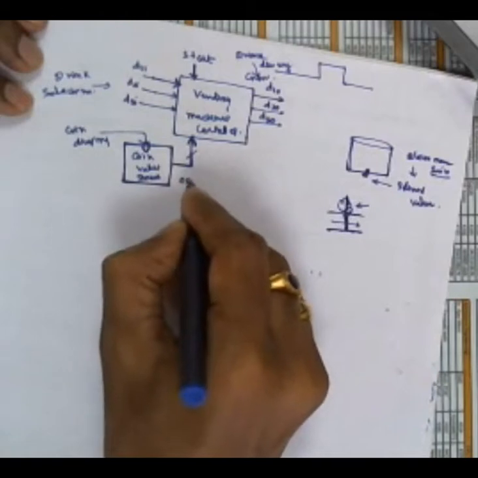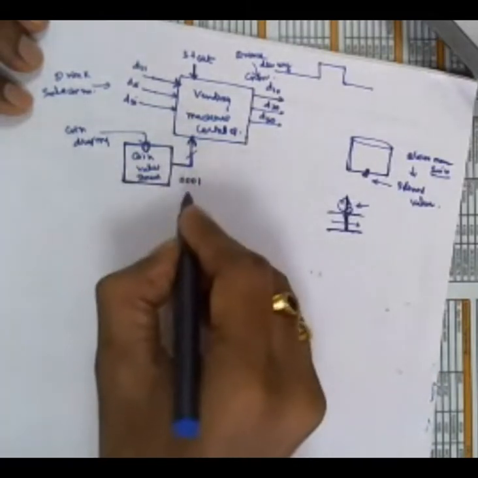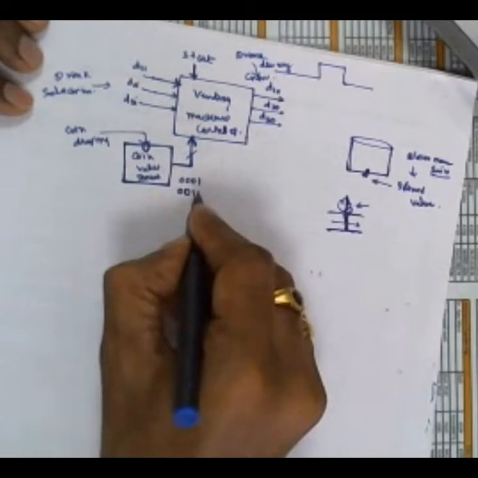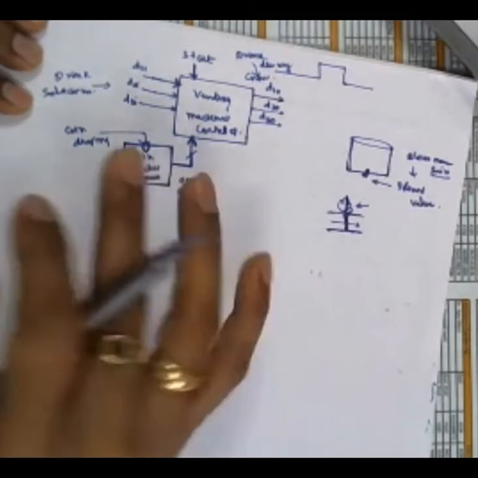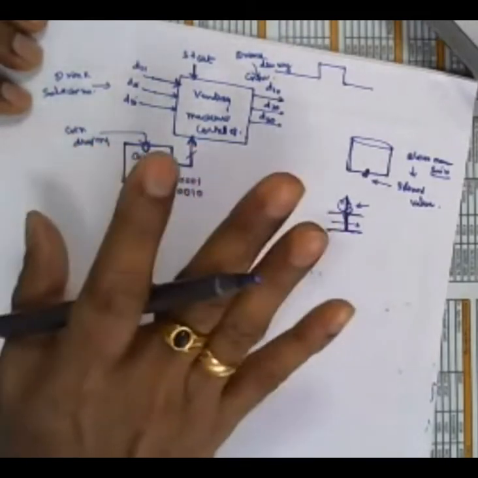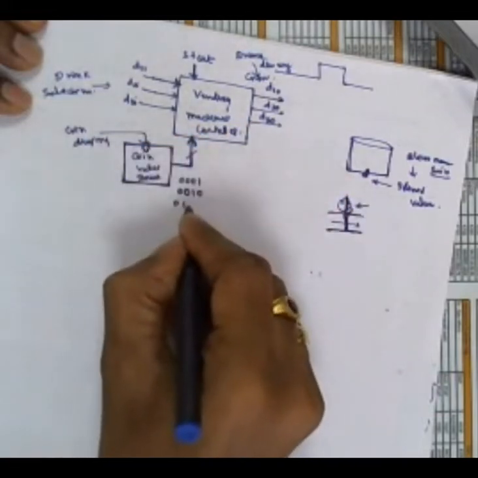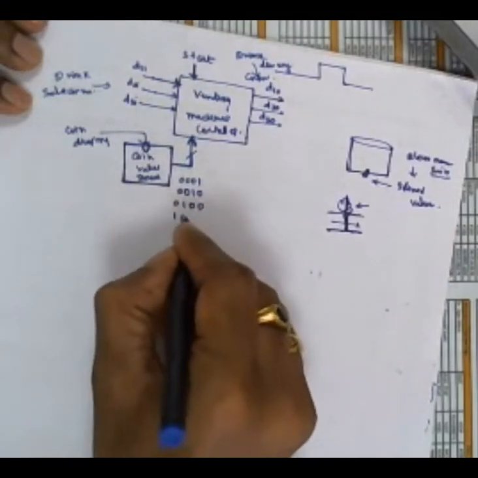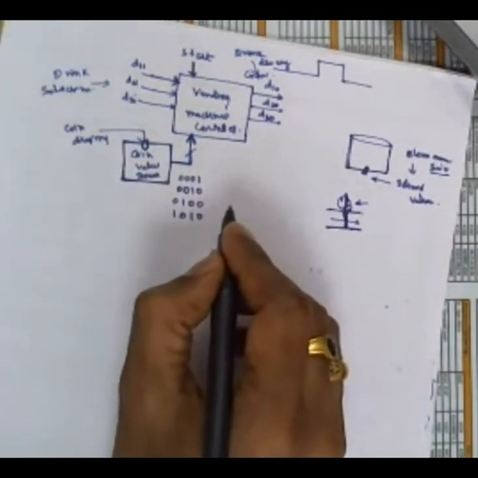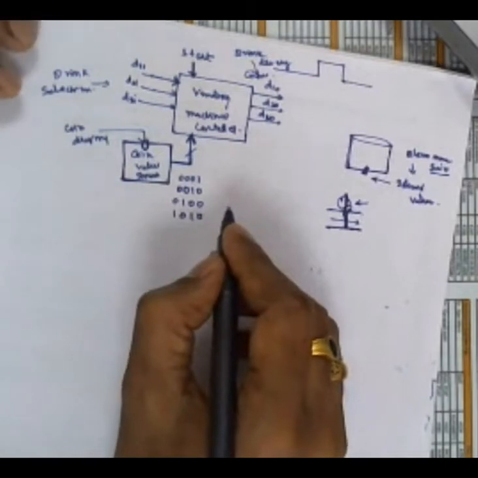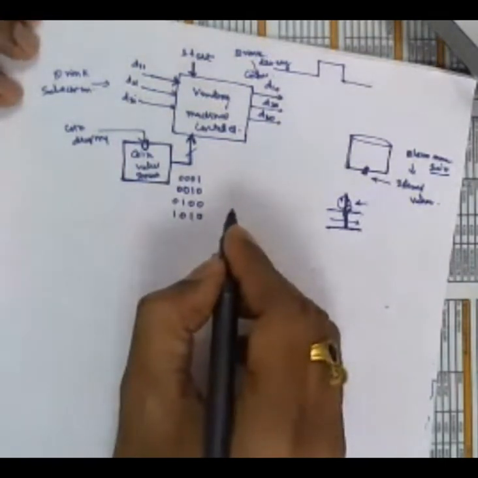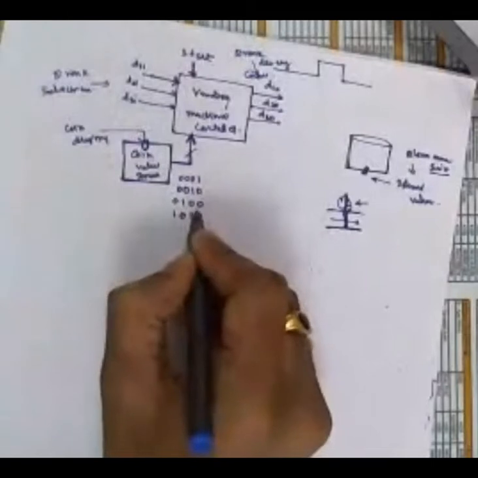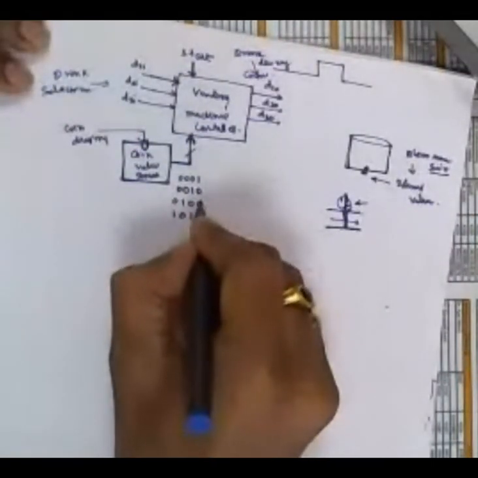So 0001, or 2 rupees also is there, 0010, right? There is no 3 rupees coin, there is no 4 rupees coin, but there is a 5 rupees coin, 0100, or next there is a 10 rupees coin, 1010. 20 rupees coin also is there, no? 100 rupees coin also is there, no? Nowadays, Sir, 100 rupees. Sir, 0101 should be the 5. Oh, yes. You are correct. Very good, Anvisha.